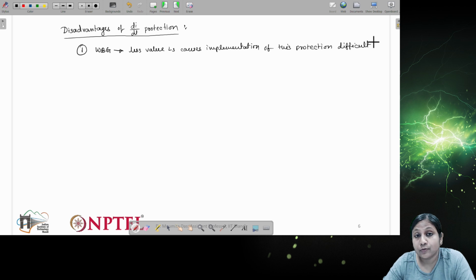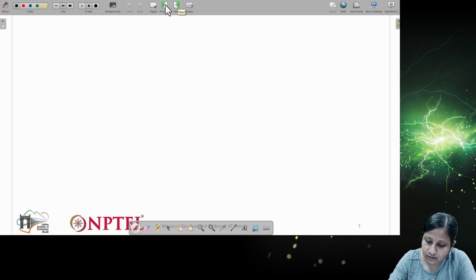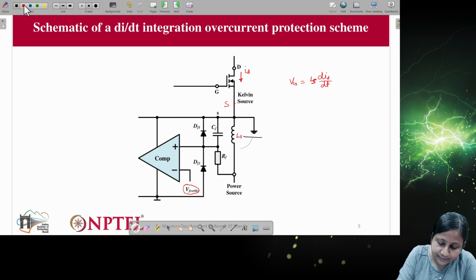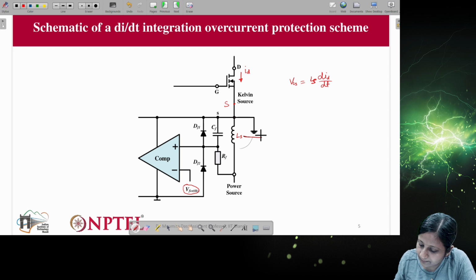So in any case, if you want to implement it, we need to connect a coil between the device source and the power source. Here it is assumed that this will be the parasitic inductance.